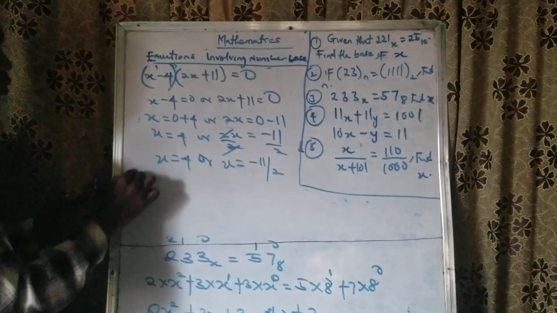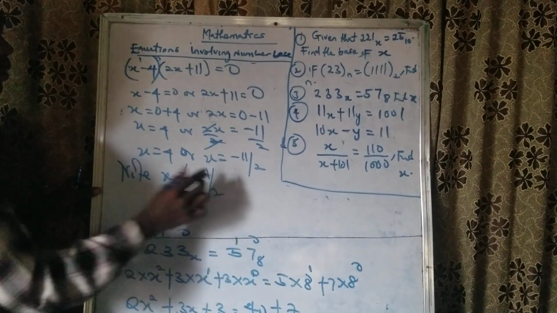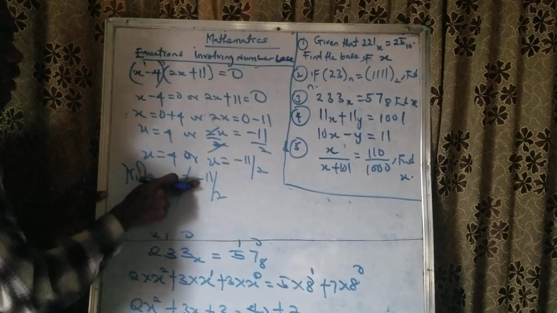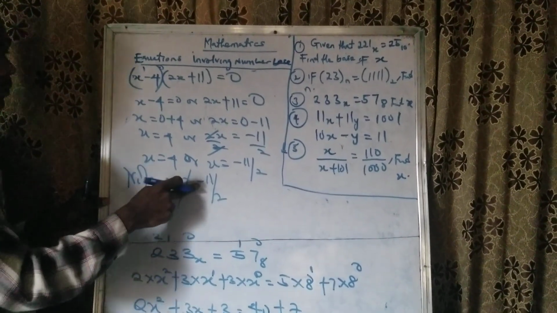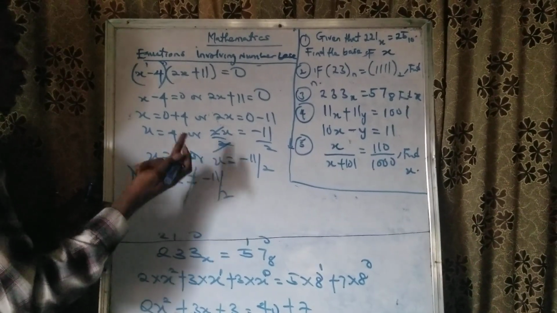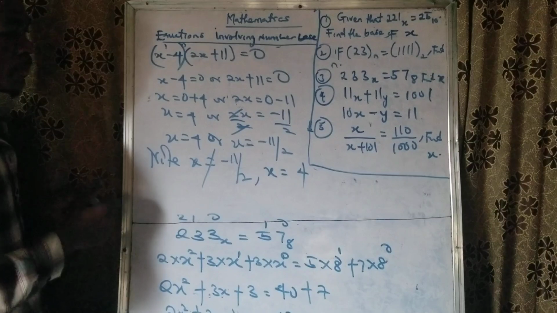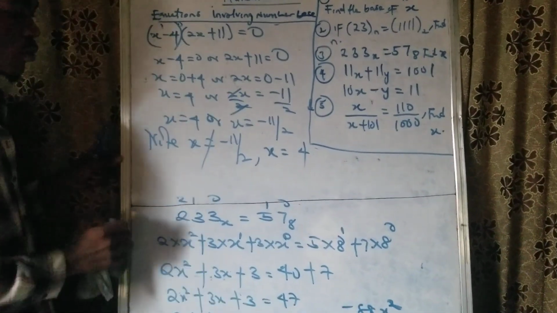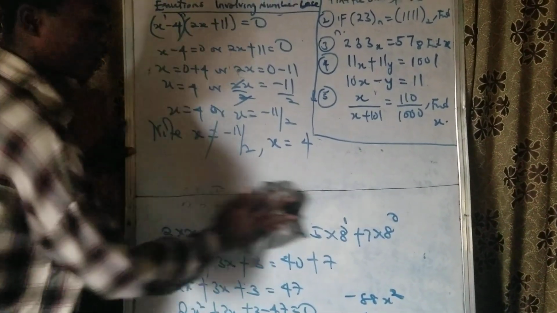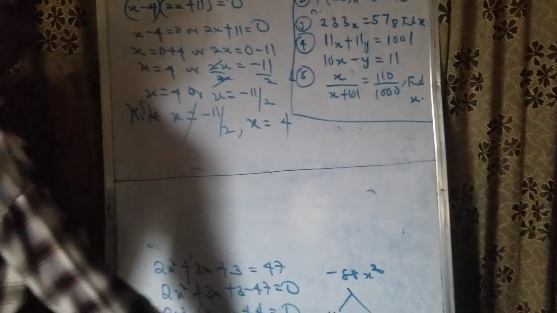Now note, I told you, x cannot be equal to minus 11 over 2. Why? Because we are dealing with number bases, and here we cannot have a negative, and you also cannot have it in terms of a fraction. So then the value of x here is 4. Now, the shortcut I said I really want to explain in this particular place. Now, note this. When we were trying to deal with